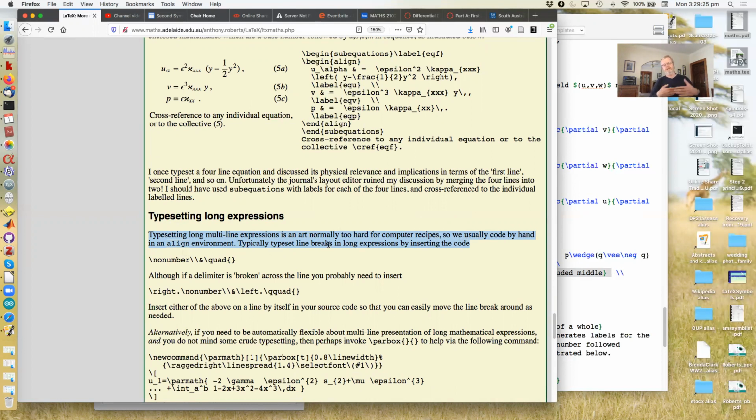So typically what you do is you've got a long expression. I often get it from computer output, right? So I get computer output, plonk it into the text, and then say, okay, text source, where do I put the line breaks? The answer is usually you get that sort of code, and in the source, you just place that in. But there's no number, line break, a line, and then because it's generally not an equal sign, it's in the middle of the expression, put a quad space to move the expression across so it's not immediately under the equal sign. Put a pair of braces